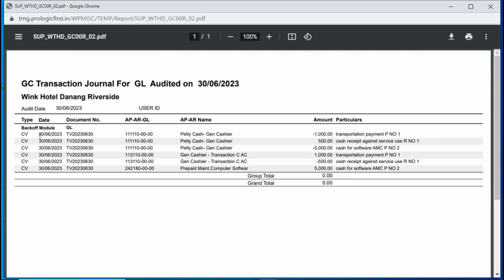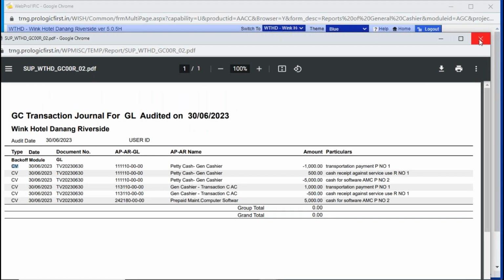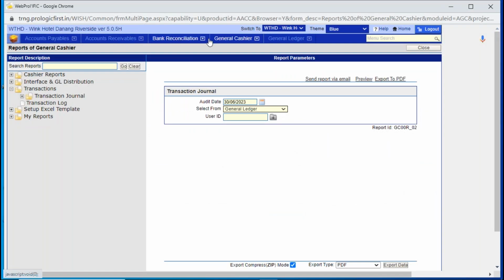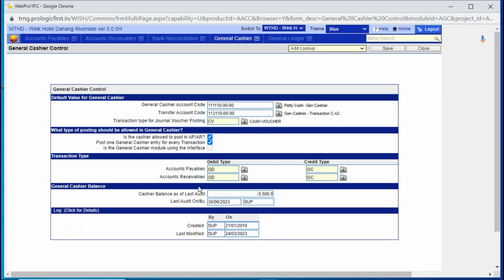All these journals which you have posted in GC are stamped as CV, which is a cash voucher. Okay, the type is cash voucher. Where does it pick up the transaction type as cash voucher? Because that is what we have defined in the general cashier control screen. The transaction type that we have defined,